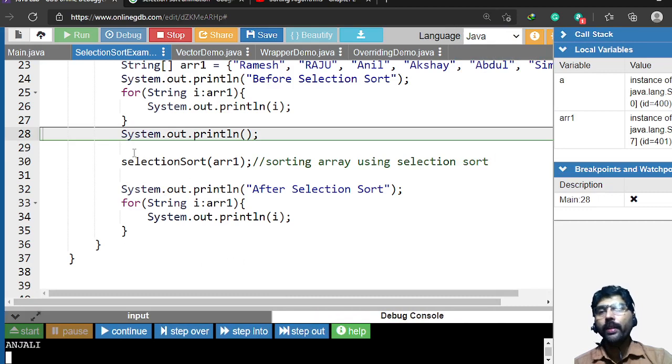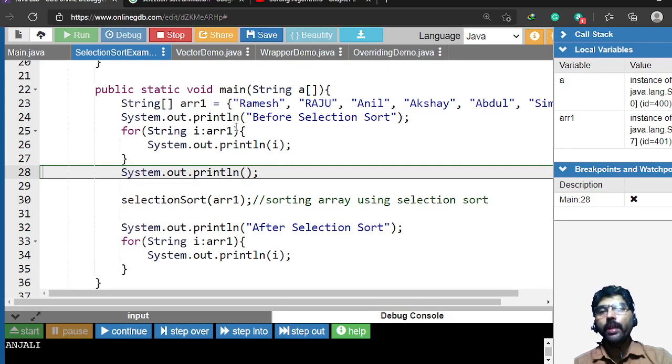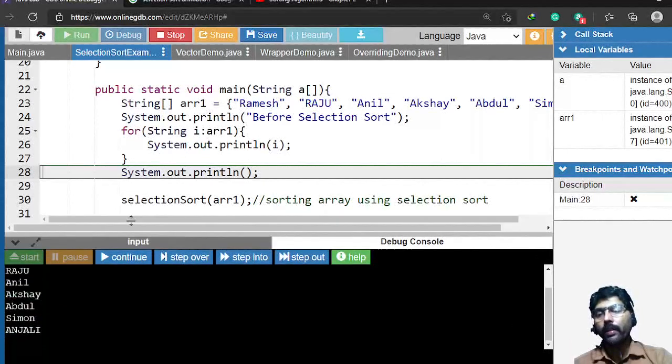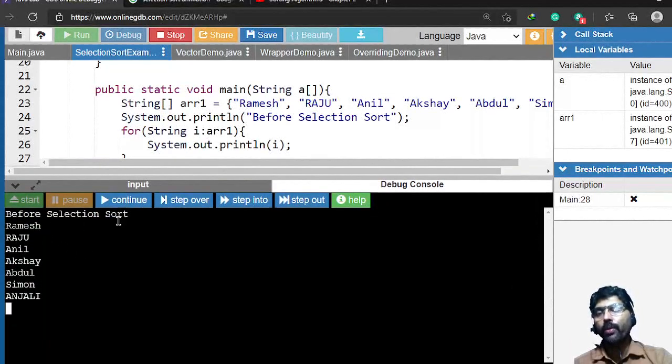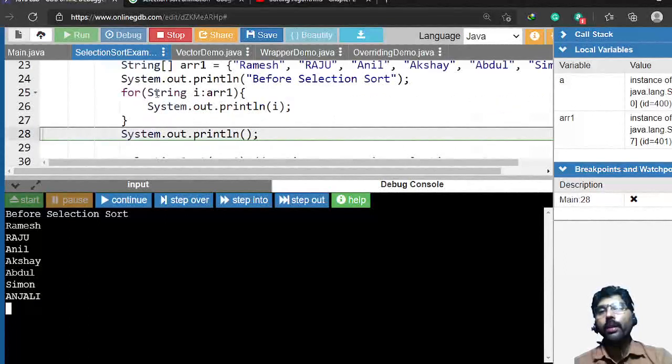Now see, from here to here, what actually happens? First it will create an object of an array of strings. Then it will display all the elements in the array. Before selection sort, I have used one for loop to display each element in the string array.